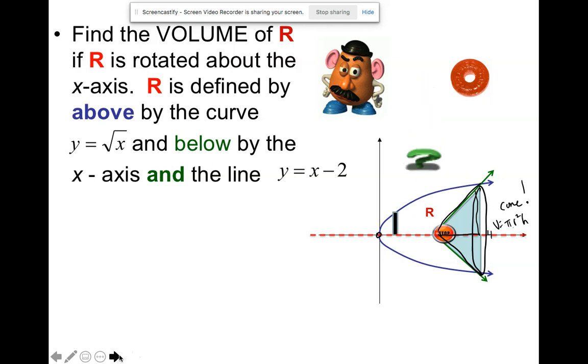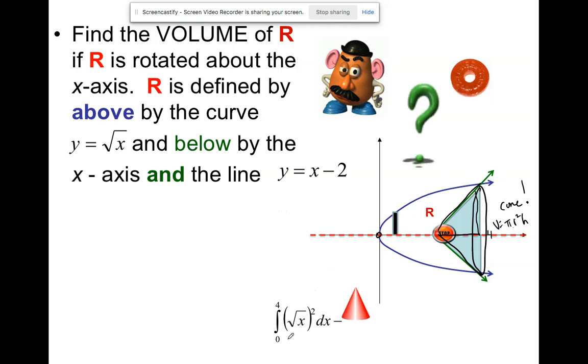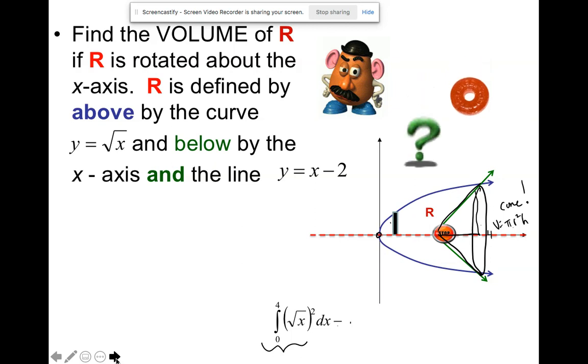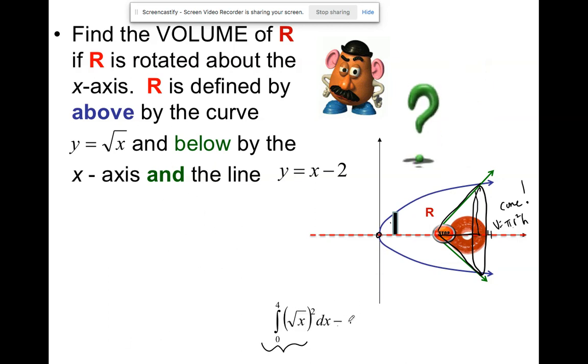So there's another way I could do this problem, which is do the disk method and subtract out that cone. So do the disk method all the way across, which is too much volume, and then subtract the cone because the edges were straight there in your 2D shape. And if you do that, that's going to get you